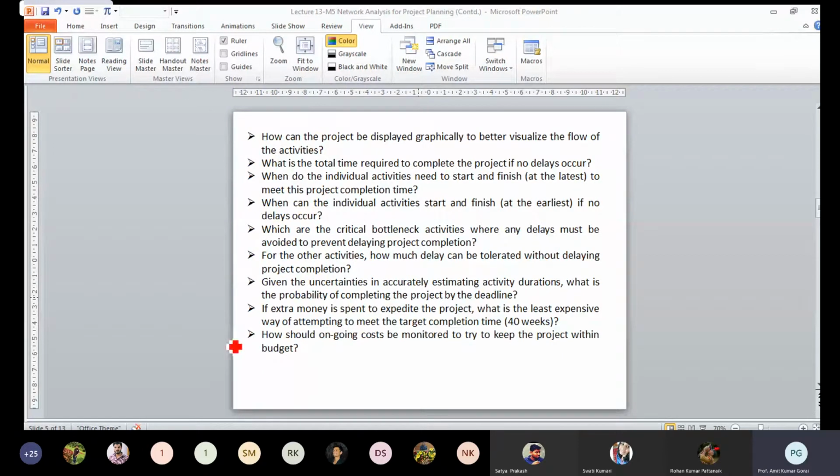If you see the last three questions, the uncertainty analysis and determining the probability cannot be done here. This is not generally done in CPM, because in the critical path method we are not going to consider the probability. We have estimated the time with 100% certainty. There is no probability, no probable plus or minus on the estimated time. The second thing is that if you have to expedite the project, if you have to crash the project, you require the crash cost and the normal cost of the project.